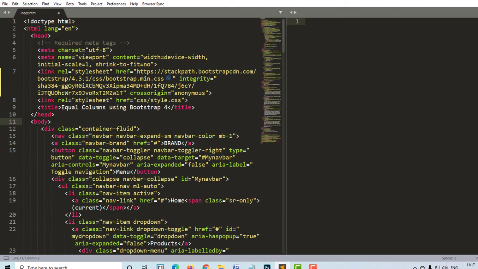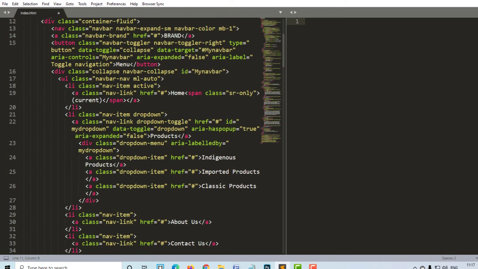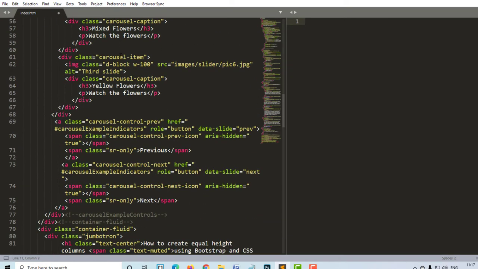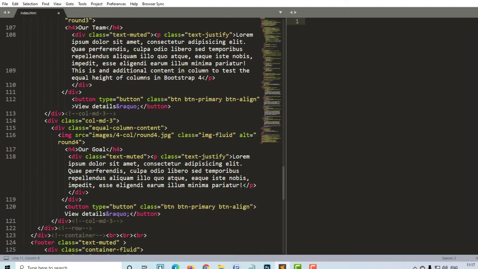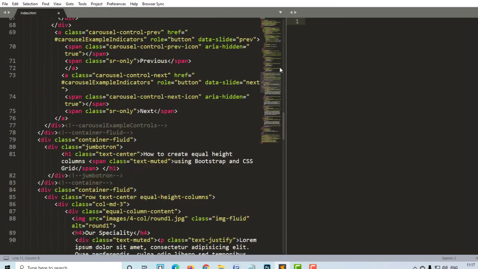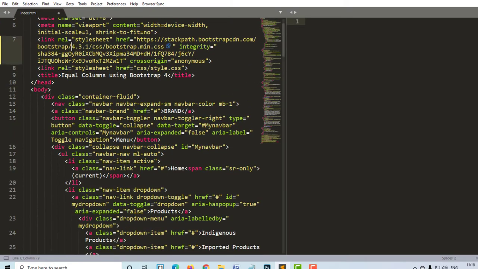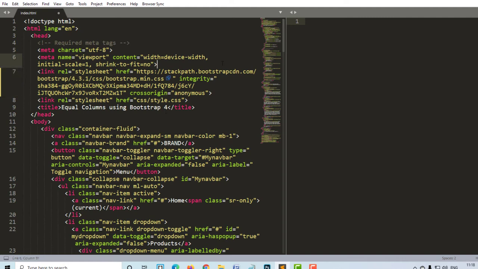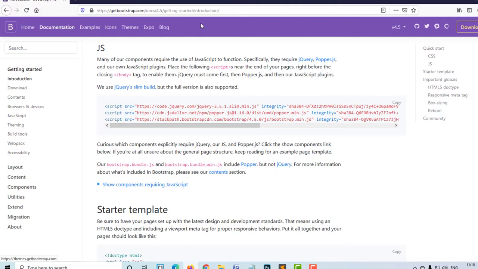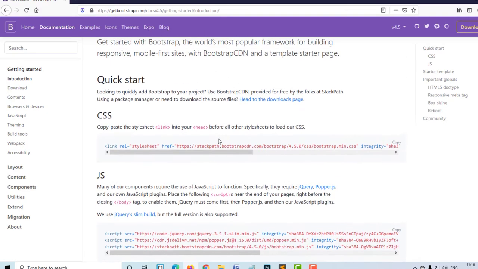Now this is the HTML code for my earlier video on how to create equal height column in Bootstrap 4. As you can see, I am using Bootstrap version 4.3.1. Now that it is updated, I will be updating this Bootstrap CSS. For that, go to getbootstrap.com, the official website of Bootstrap.